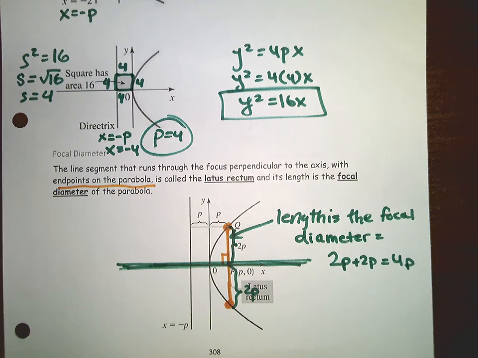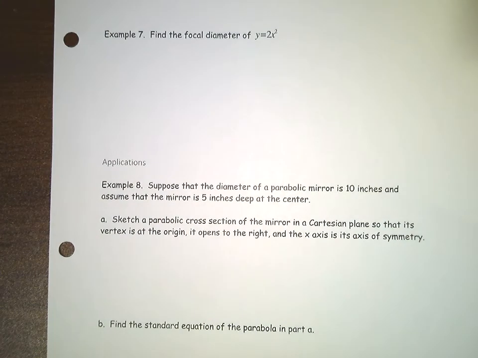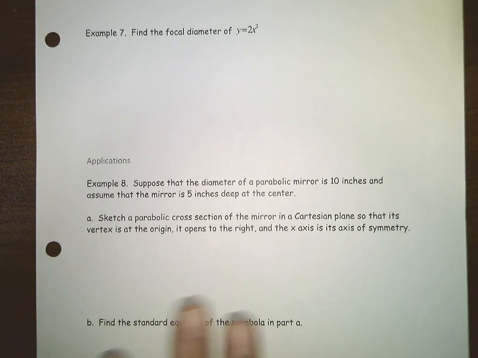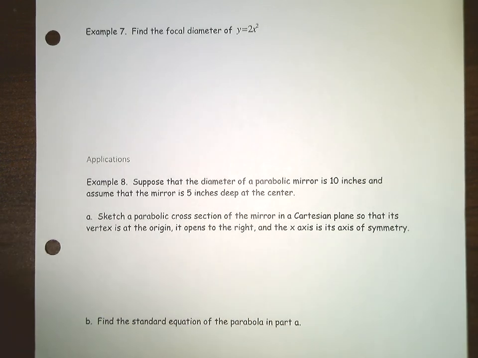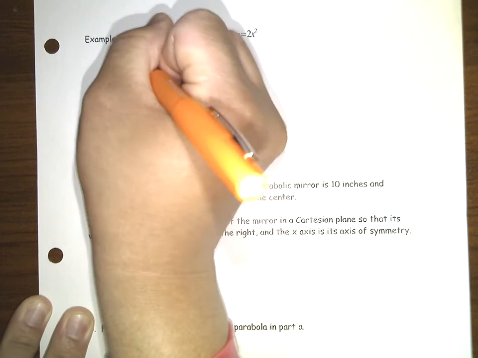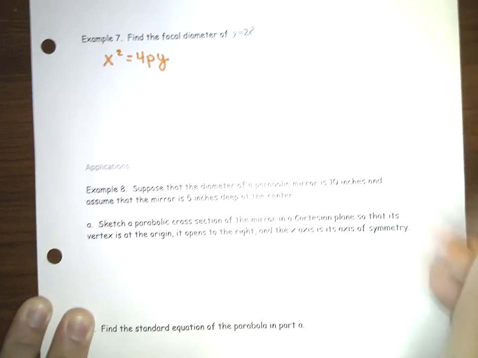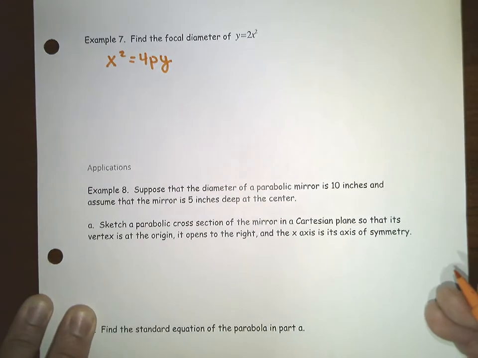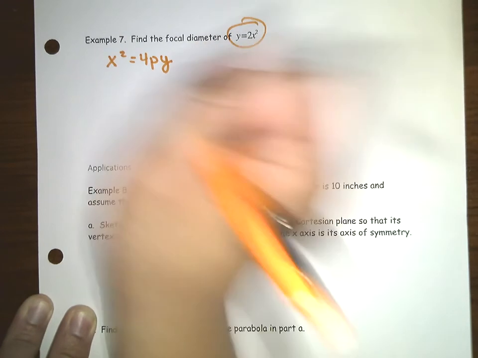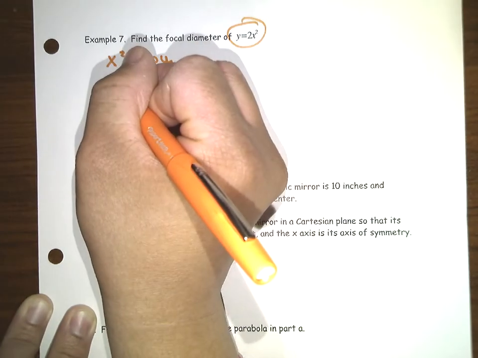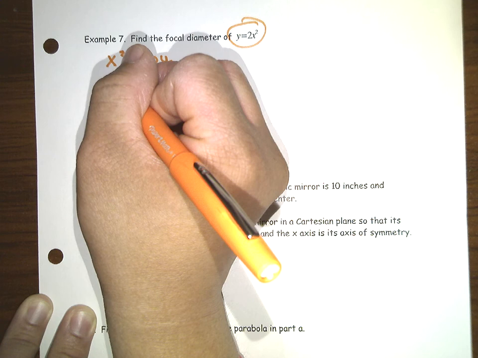All right, so now let's look at the next one, and this will be our last page. So find the focal diameter of y equals 2x squared. So remember that the equation is going to be x squared is 4py. So then if I write this in that format, it is going to be, all right, now